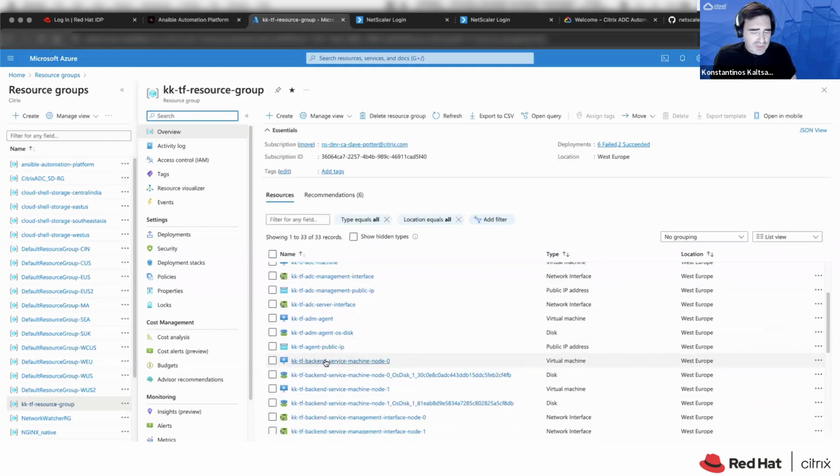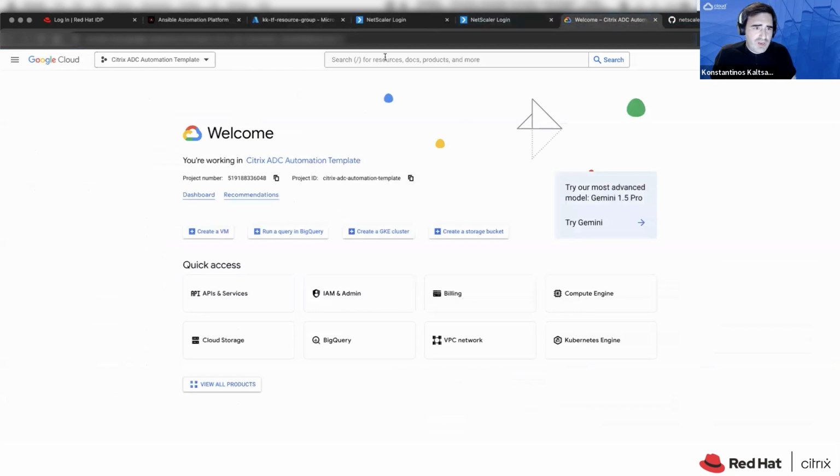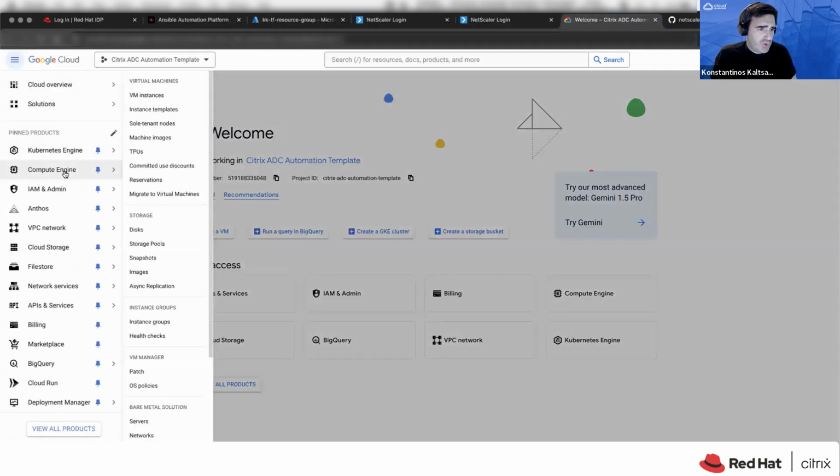And in addition to that, I have deployed two Ubuntu VMs. This is the first VM, and this is the second VM. Each one of these VMs is running a really simple Apache server. The one will respond with a green background. The other one will respond with a red background. The exact same configuration has also happened here on GCP.